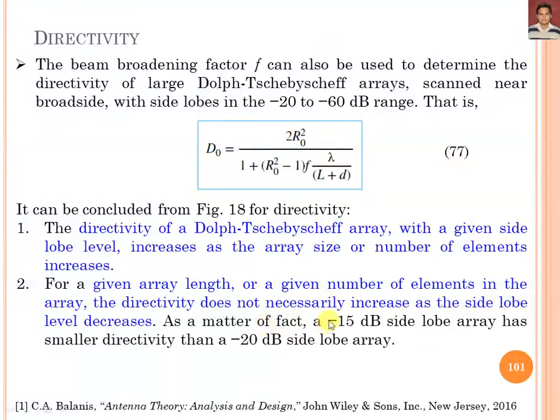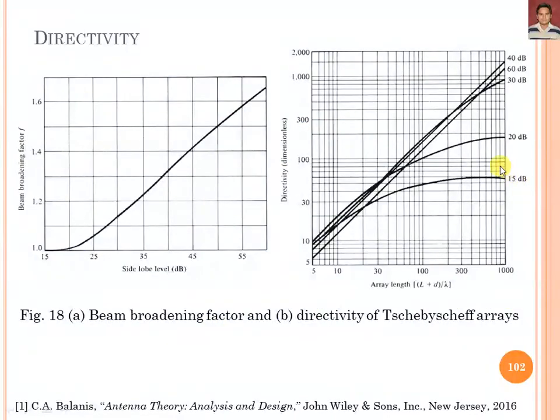This analysis can be seen: a -15 dB side lobe array has a smaller directivity than a -20 dB side lobe array. As you can see, here is -15 dB and this is -20 dB. For -15 dB, the value of directivity is less as compared to -20 dB. So directivity increases,